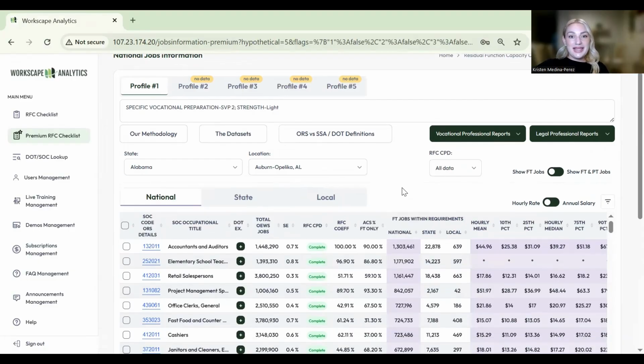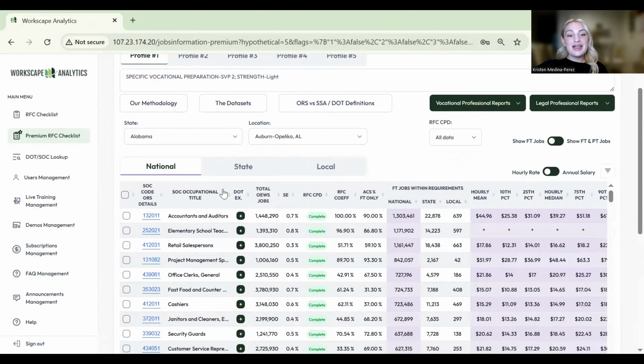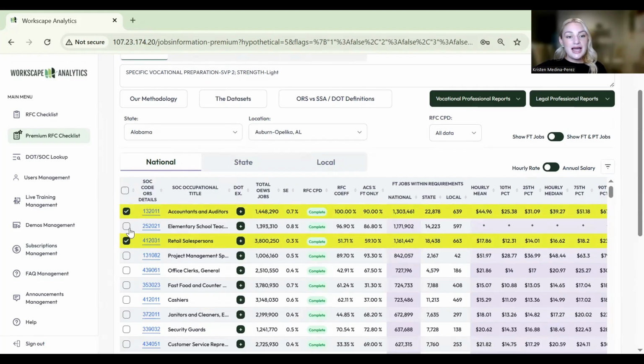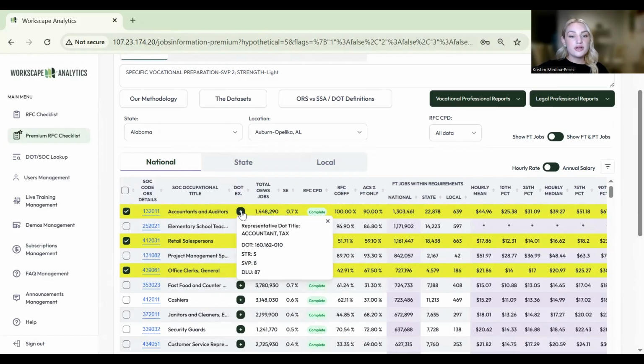Let's take a moment and look around here. The columns of the jobs page are in the same order except for our checkboxes. Our checkboxes have moved to the far left-hand column. You can still click on them and highlight the jobs that you like to view. For DOT examples or representative DOT titles, you simply hover over this plus sign in the DOT example column, and